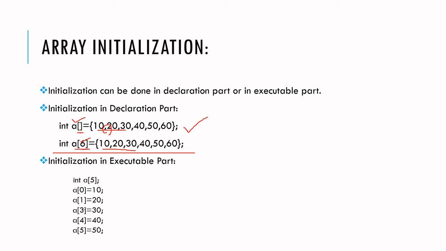And you just see here, I haven't given a of 2 equal to 30. It means that cell is empty only. Why I have written like this is that there is no order for storing the elements of an array. You can directly assign a of 3 equal to 30. There won't be any problem. Don't have an idea that you have to store the elements in an incremental way.